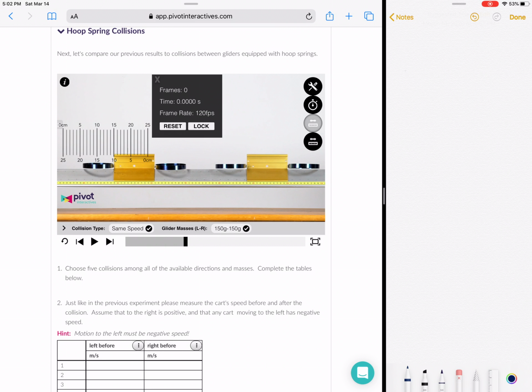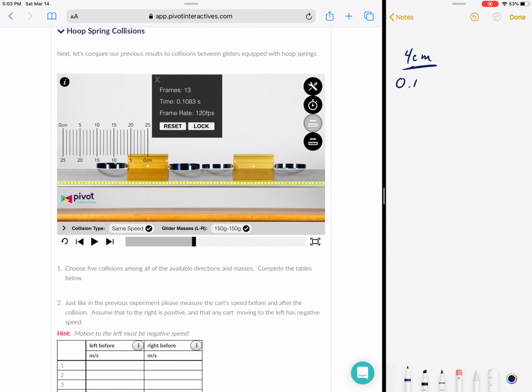Hello, Conceptual Physics. Here's a specific example of how to make this calculation. So I've got my 10 centimeter mark set up on the left edge of my left cart, and I'm going to advance some number of frames until I can get a really distinct movement on the cart. So let's see here. The cart has gone from 10 to 6, so that is 4 centimeters in an amount of time that corresponds to 13 frames, or